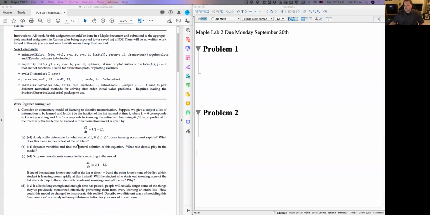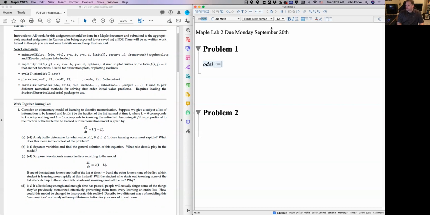Question number 1 is simply an autonomous model. It's an autonomous model of learning. So it's trying to describe the rate at which someone learns new material. So I'm going to start by going ahead and writing down the differential equation, talk through a couple of things here with you. The differential equation in this case, I'll just name it ODE, or ODE1, is